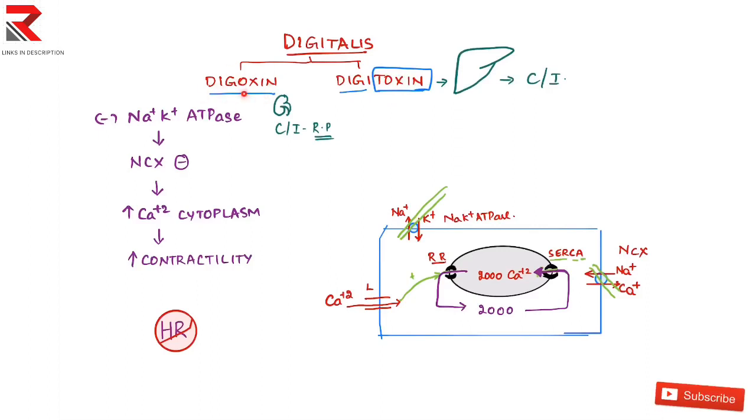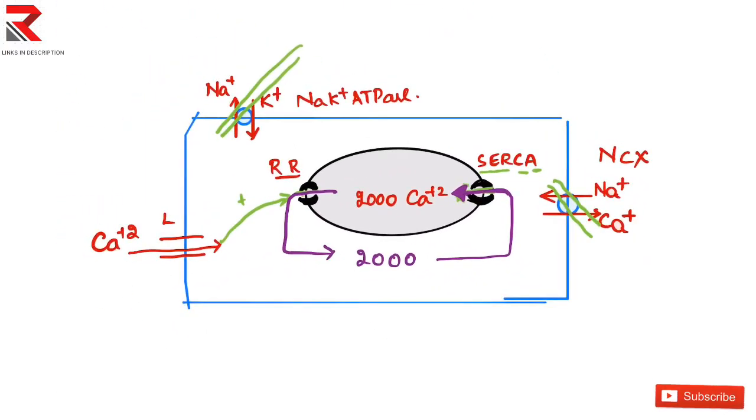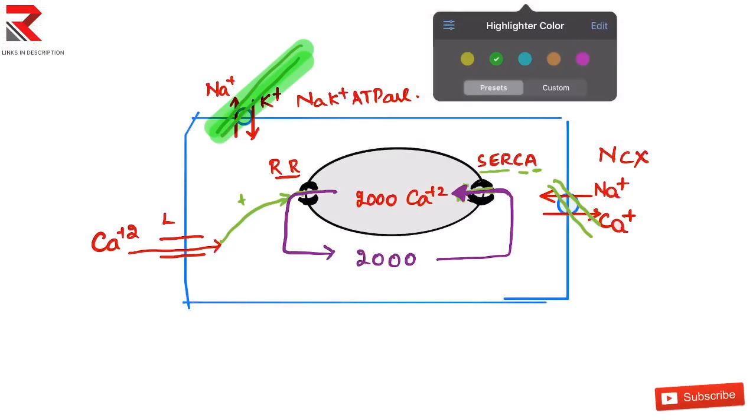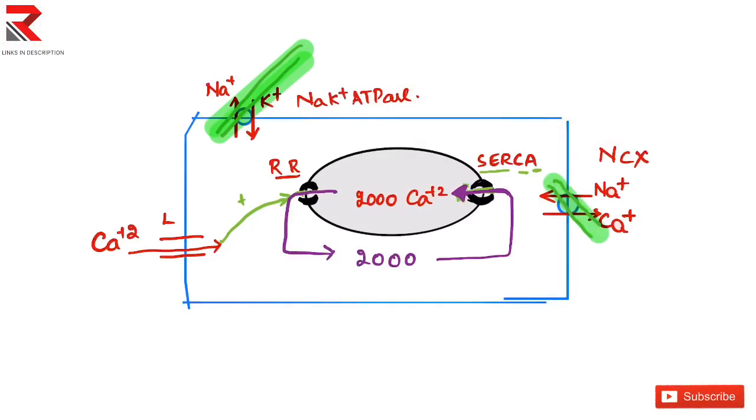Okay, what is the mechanism of action of digoxin? You have a cell, and in the cell you have the sodium potassium ATPase, am I right? Yes. So when digitalis or digoxin is given to a patient, this channel is blocked, and the sodium from the cell cannot go outside the cell. So sodium accumulates inside the cell, and there will be a rise of sodium inside the cell. Hence the sodium calcium exchanger is also indirectly blocked by digitalis.